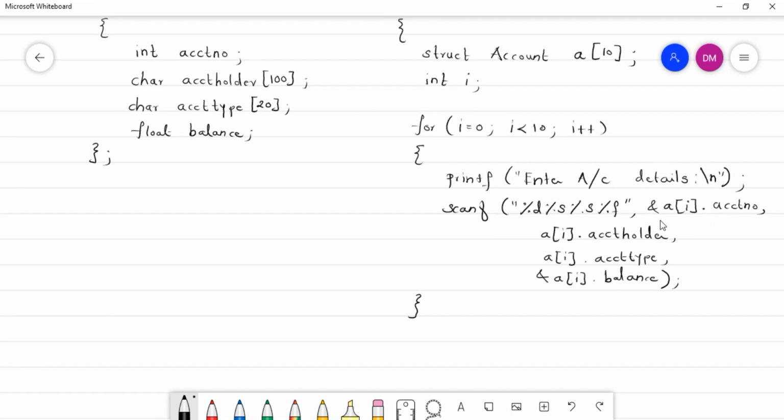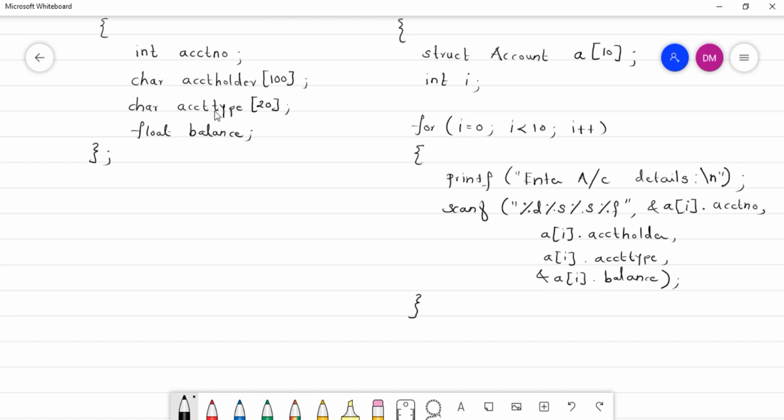See how we accepted the value for array of structure in the same way as we do it for a normal data type, right? First of all, we specify the array name, then its subscript value, and then after we specify the dot operator and we specify the member name. See, structure is a composed data type.